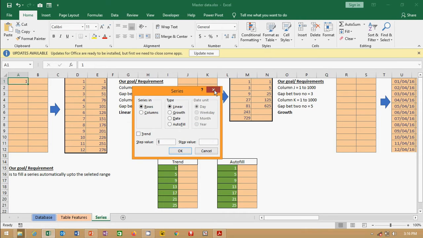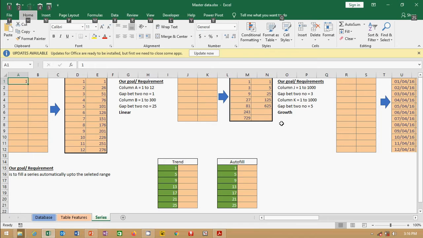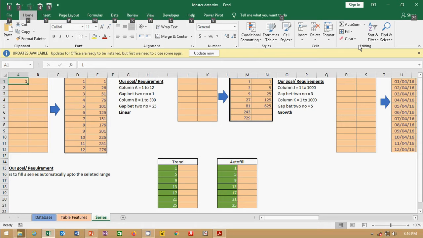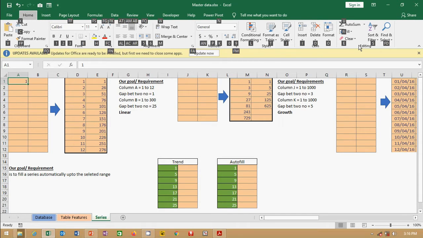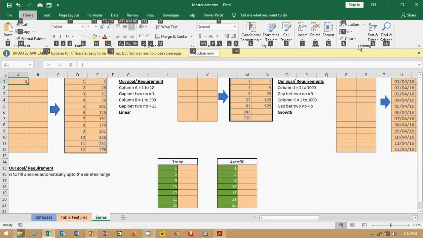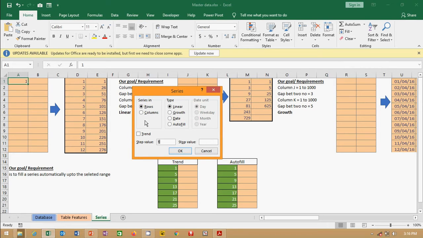Or we can do it through the keyboard. Press Alt H. As you can see, all the alphabets will show here. Then H, then F5, then S. So quickly you can do it: Alt H, F5, S.